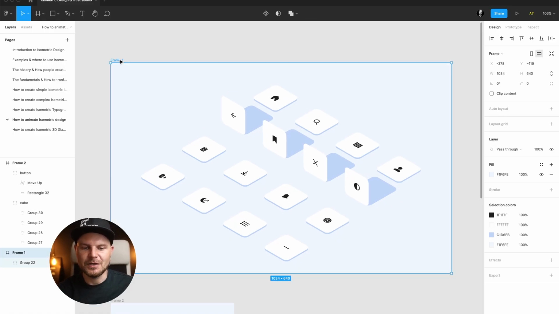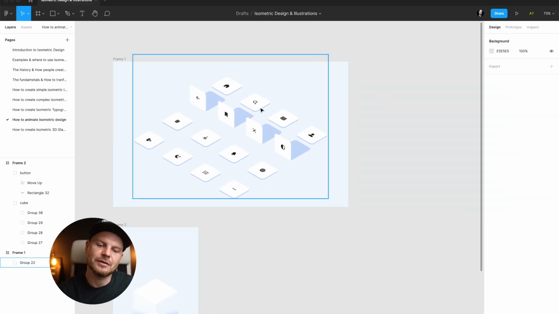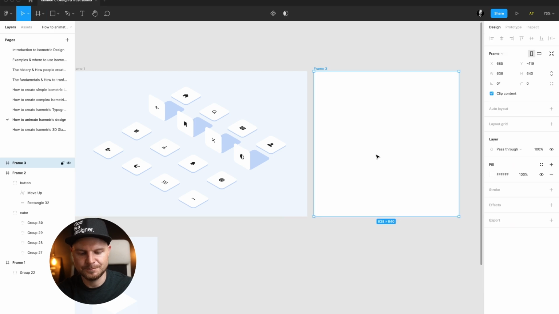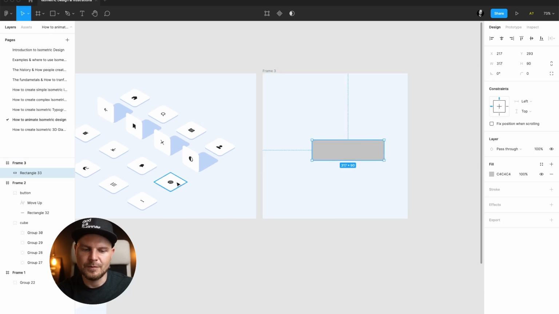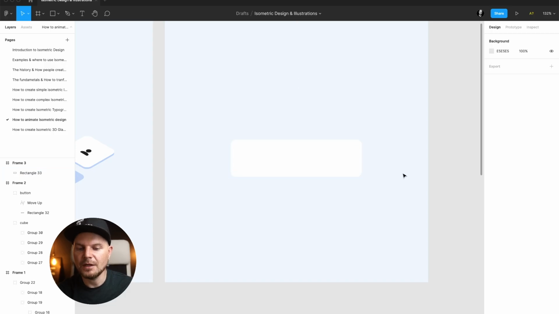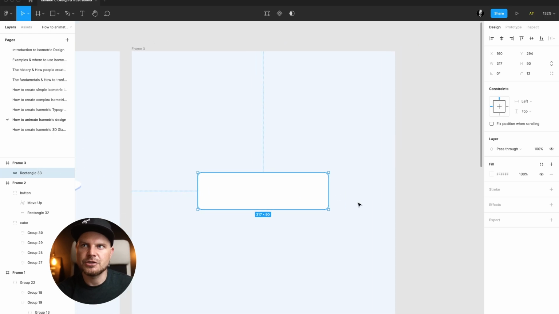Let's imagine I want to animate these icons. Let's start with something simple. Maybe not icons, but let's create something similar. So this will be our view. We'll create the button. We will use the same style as for this shape here. So we have this button. And for this button, what I'm going to do, I'm going to